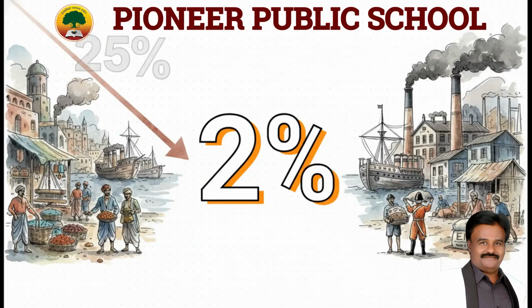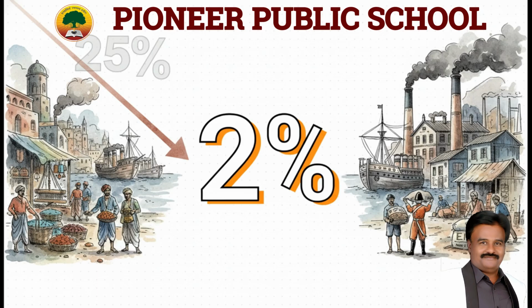Let's start with a massive, mind-boggling economic mystery. How exactly did India's share of world industrial output plummet from a massive 25% in 1750 all the way down to a mere 2% by 1900? I mean, that is an absolutely astronomical collapse for an economy that was once a global powerhouse. To understand how such a dramatic shift occurred, we really need to break down the timeline and the actual mechanics